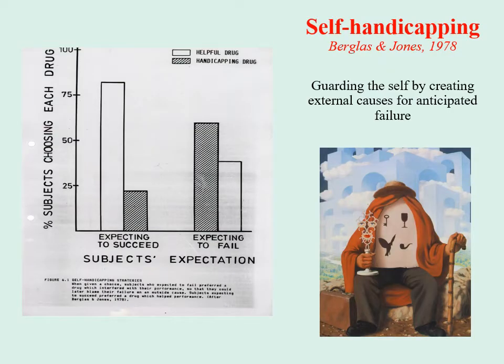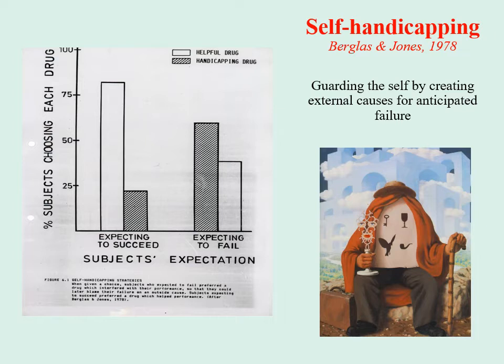This principle was nicely demonstrated in a study by Forgas and Jones, who had participants perform a task, and some of them were led to believe that they are performing badly, and others were led to believe that they are likely to do really well. And they were told that they're going to have a second session doing a similar task. So half the people expect to be successful, and the other half expect to fail.